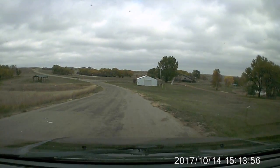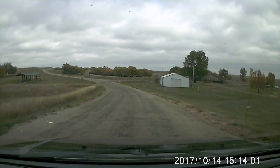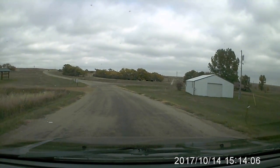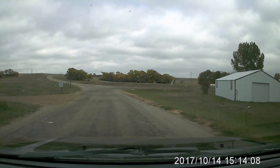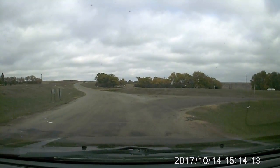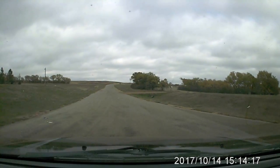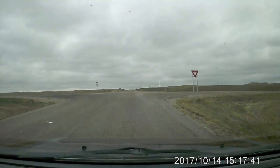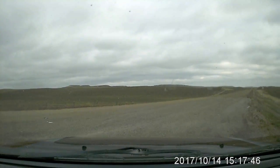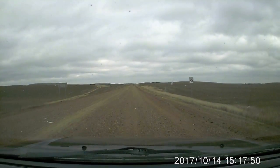Down here is what they call the marina. This is where the boat launch is. There's actually a bar/restaurant here that I'm not sure of the full story. It's gone through a whole string of people managing it. I don't even know who's in it right now. I did see there was an open sign on it, but other times I've gone down there with friends and it's just like, oh, we drove all this way to eat out and it's closed, so don't bother going back. So I came back up north to the highway, which immediately turned back to gravel,